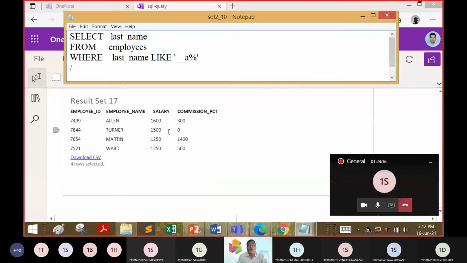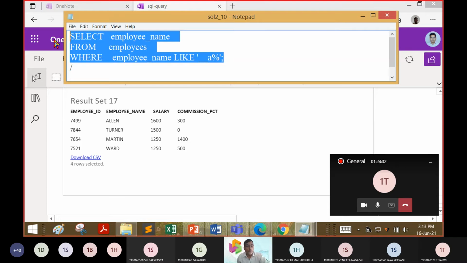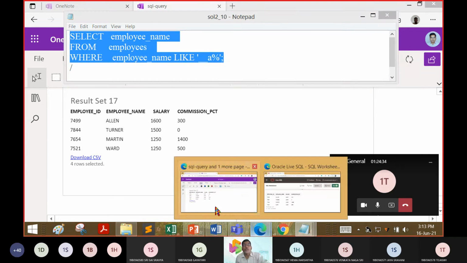So it is not last name, it is employee name. Employee name. I will put this in the work area.